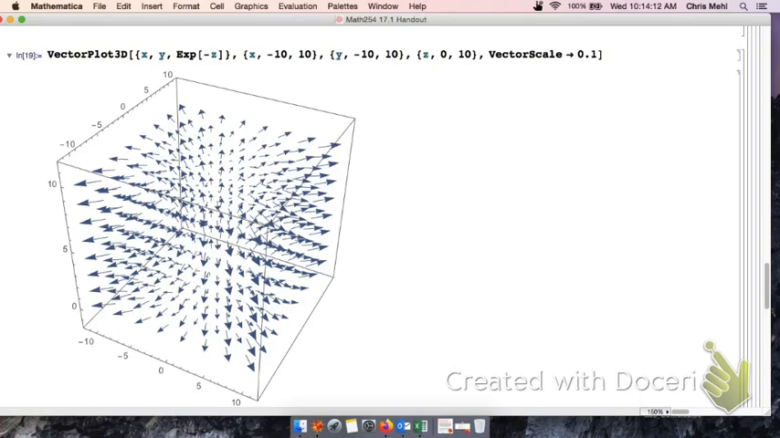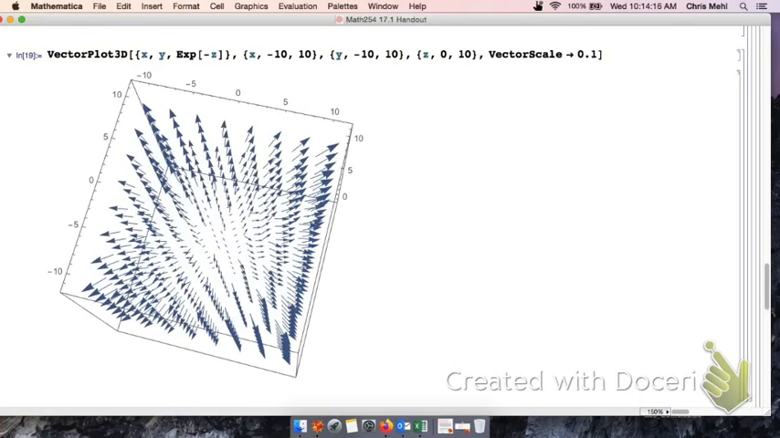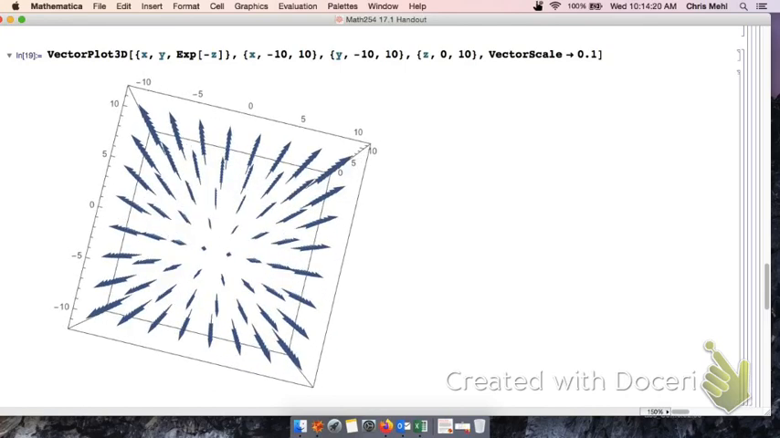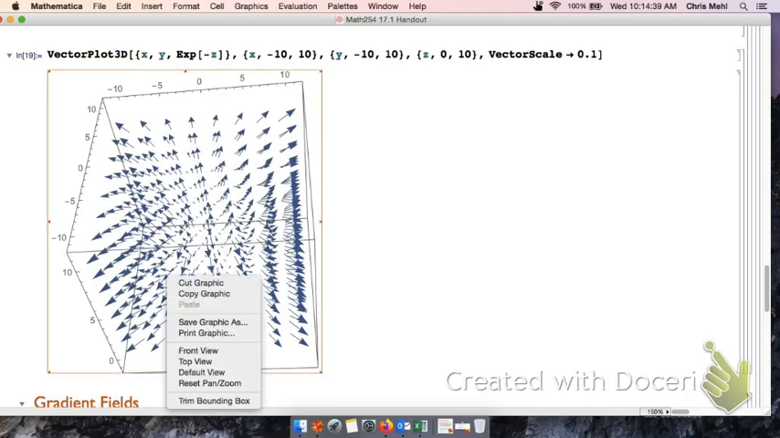Couple cool things about this vector field: if I move my image and look at this directly from the top, you kind of see that this is radial in terms of x and y. So this is looking at the projection on the xy plane. Right, so all the vectors are moving out from the origin in the xy plane. And then one thing you might notice is if I flip this back up again,